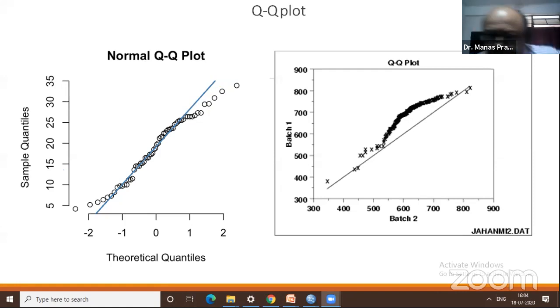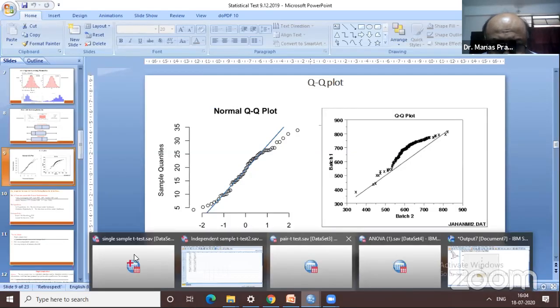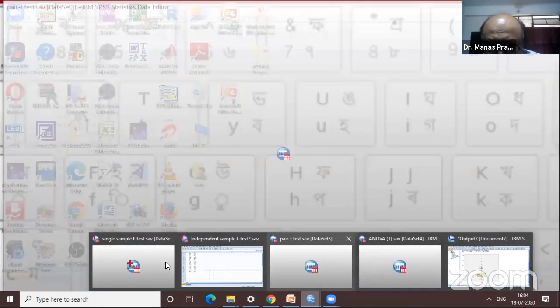So I'll show you how to make a QQ plot in SPSS. So this is the QQ plot. It is also a very informative curve. For that, suppose I want to make a QQ plot for